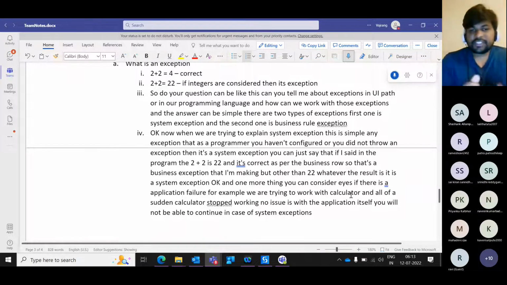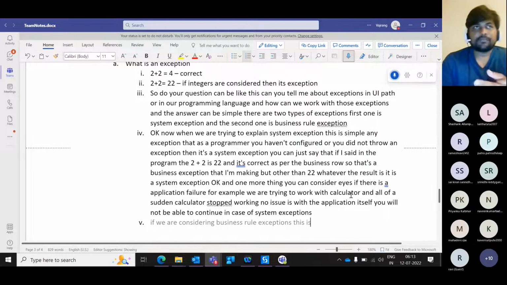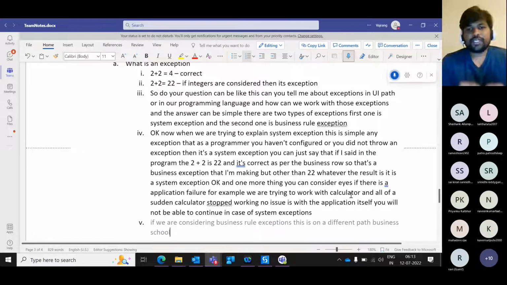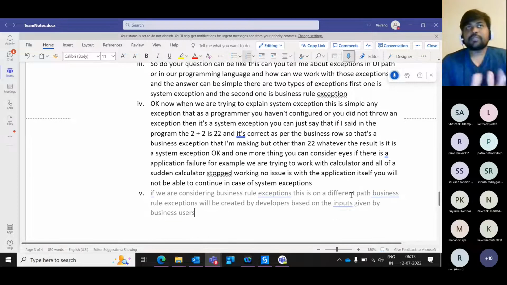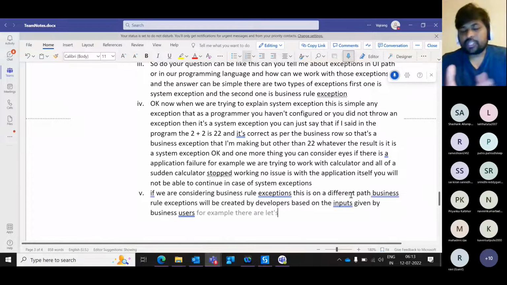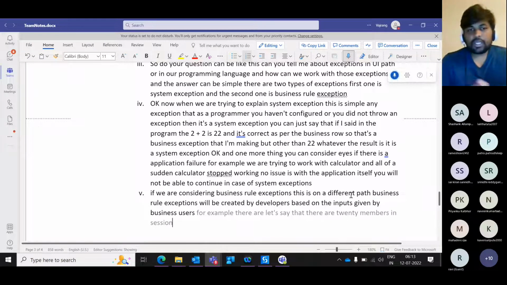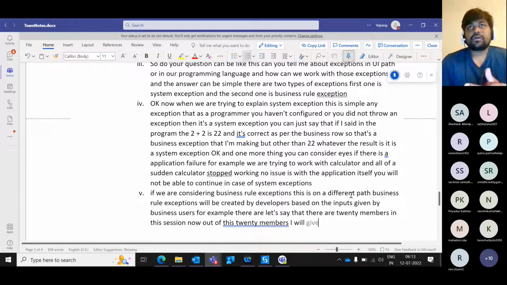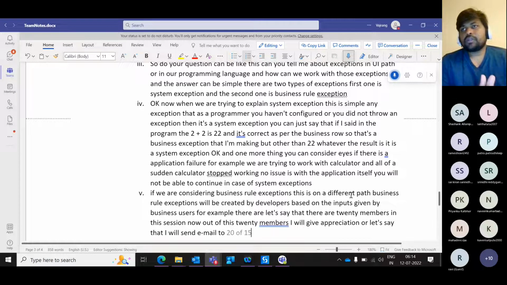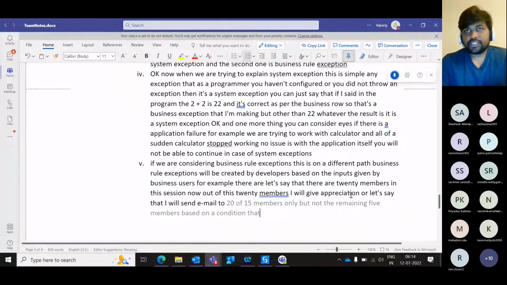If we are considering business rule exceptions, this is on a different path. Business rule exceptions will be created by developers based on the inputs given by business users. For example, let's say that there are 20 members in this session. Now, out of these 20 members, I will give appreciation, or let's say that I will send email to 15 members only, but not the remaining 5 members based on a condition that they did not join this session